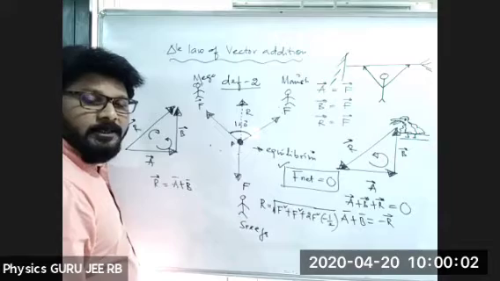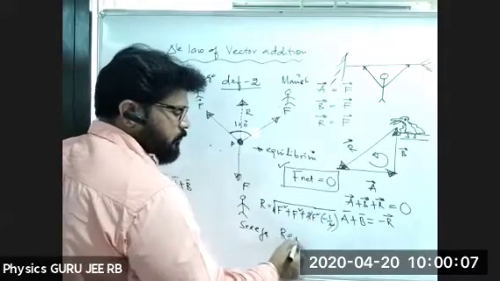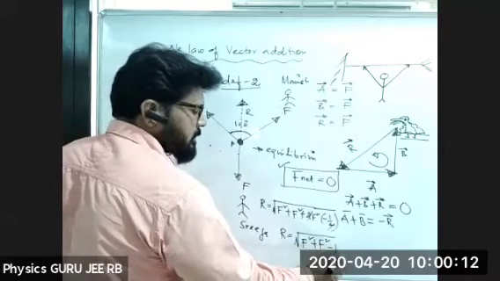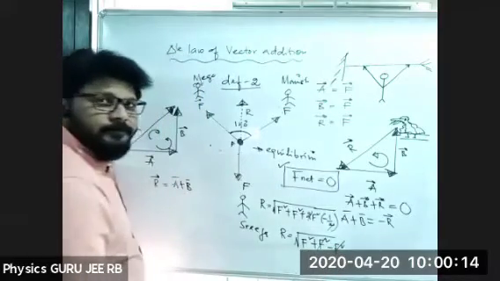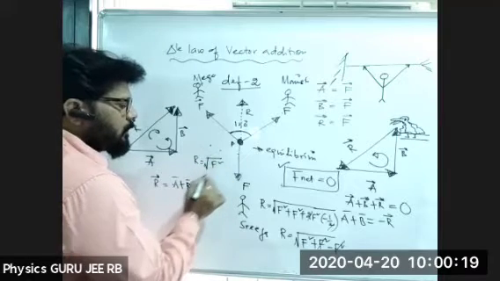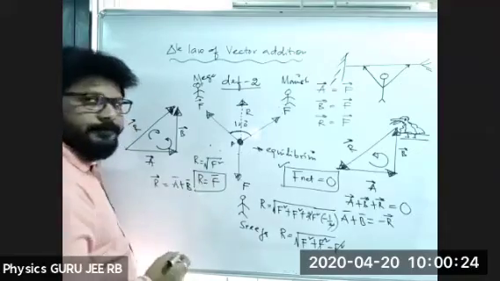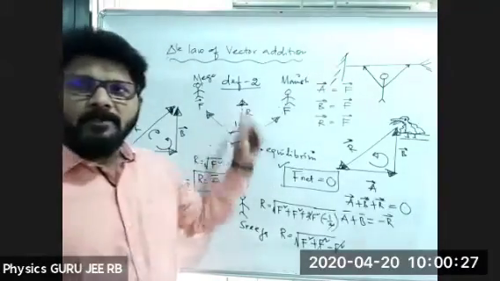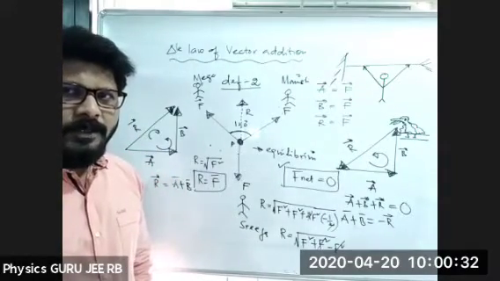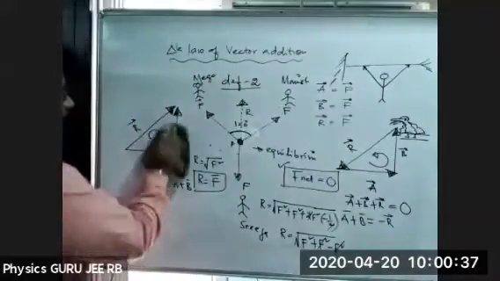Cos of 120 is how much? Minus 1 by 2. So 2 से 2 गया. अब R is equal to under root of F square plus F square minus F square. These two गया. Now R is equal to under root of F square, or R is equal to F. Got it? Between these two, I am trying to calculate the resultant. Got it? Understood that one? समझ गया? Here is this one.